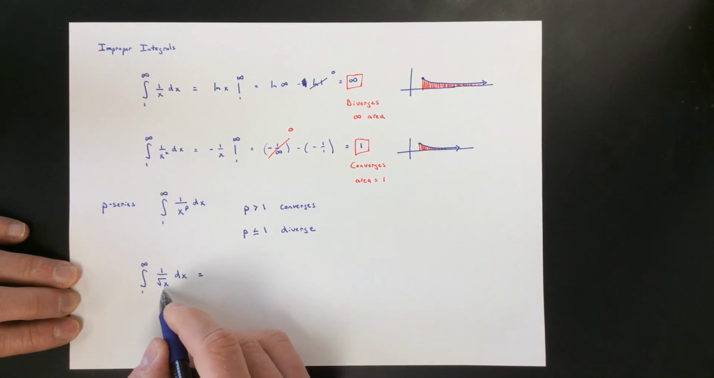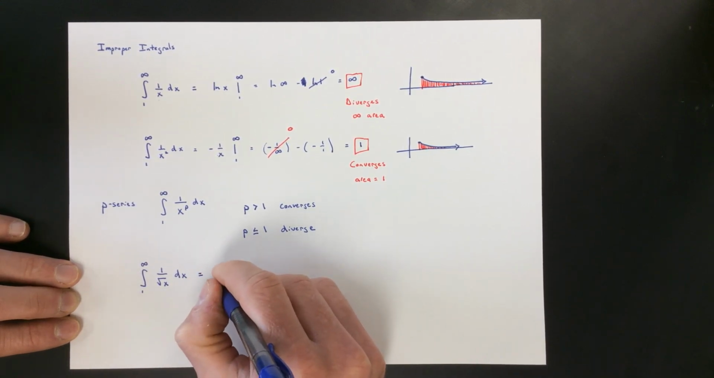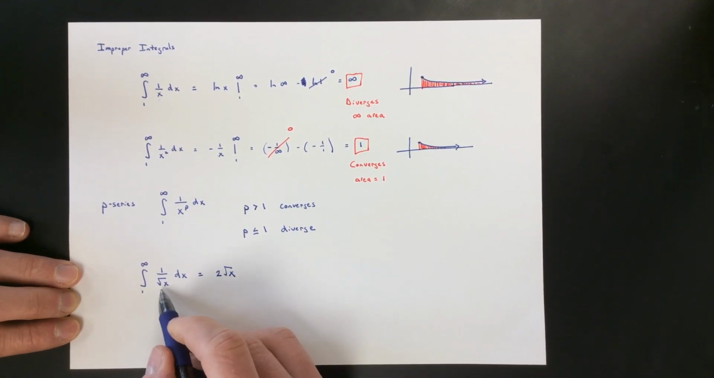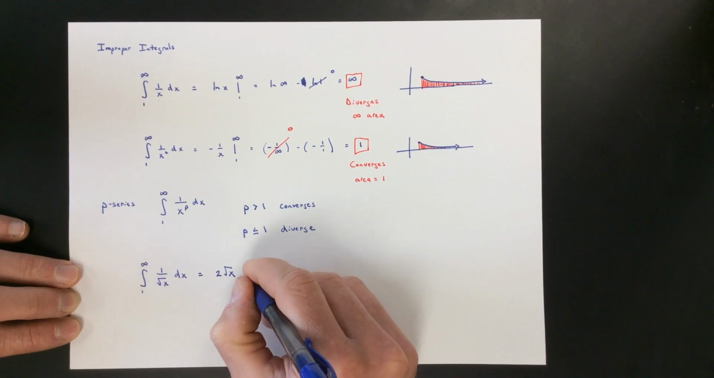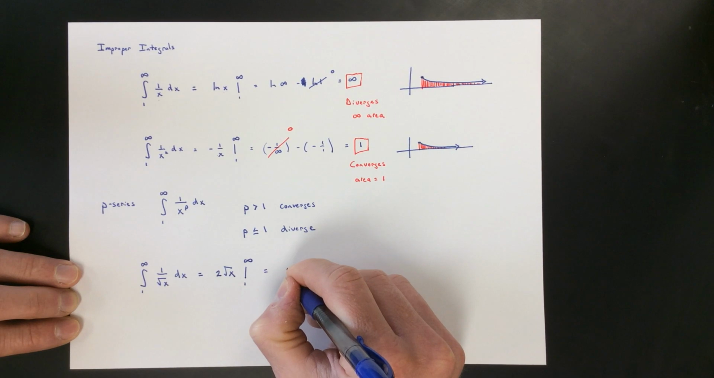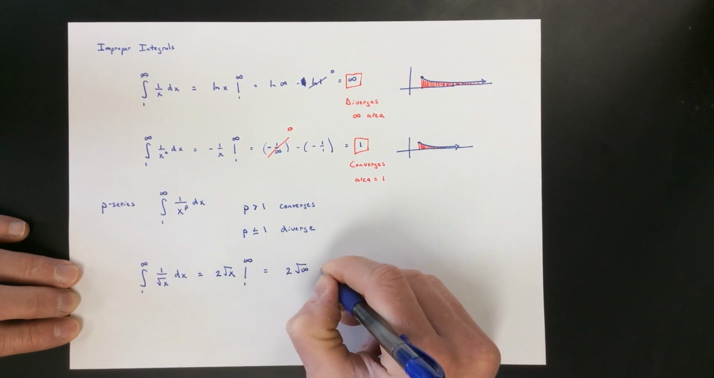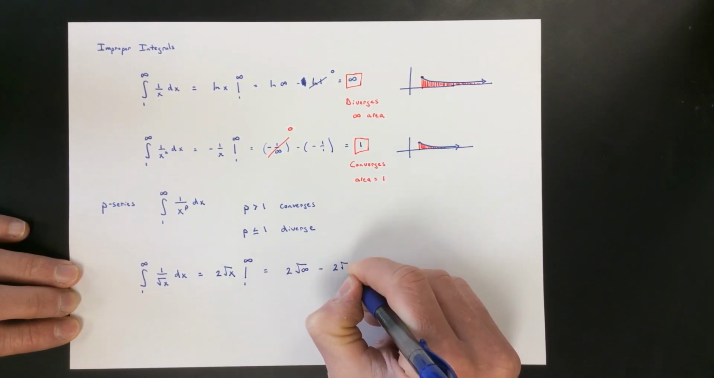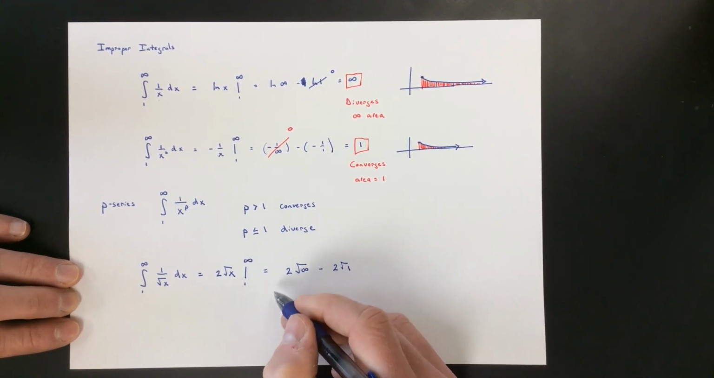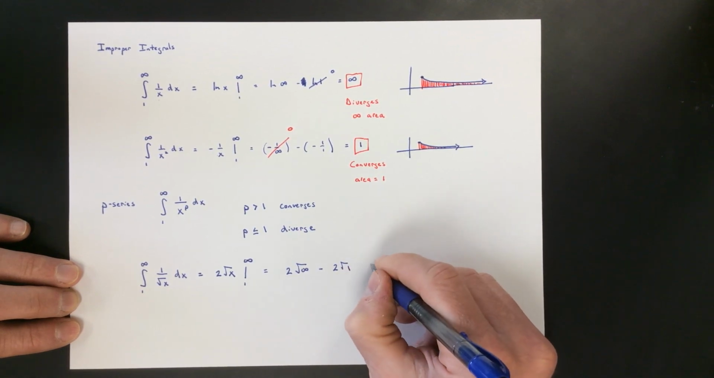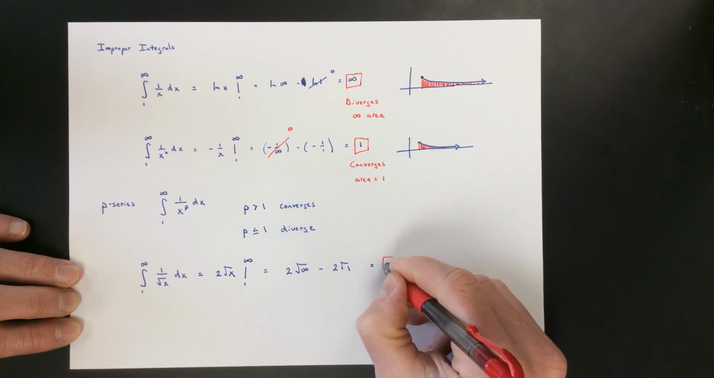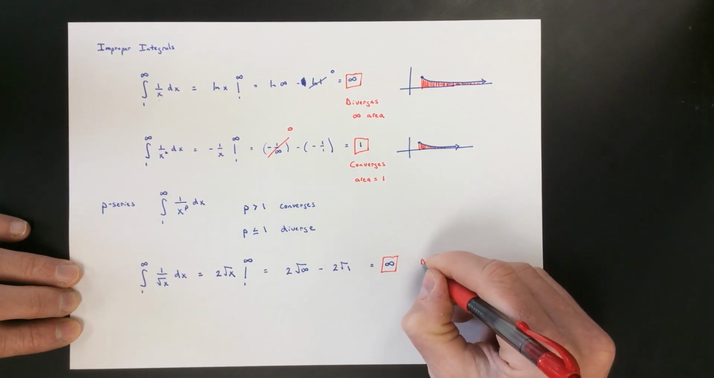If you increase the power by 1 and divide by the new power, you get that, right? Dividing by a half gives you a 2. Increasing the power from negative a half to a half gives you this, and then evaluate from 1 to infinity. But when you plug in here, you get 2 square root of infinity minus 2 square root of 1. Well, that's just 2, and 2 times the square root of infinity. Well, the square root of infinity is infinity. 2 times infinity is infinity. Infinity minus 2 is infinity, which says you get an infinite area under this curve, which says it diverges